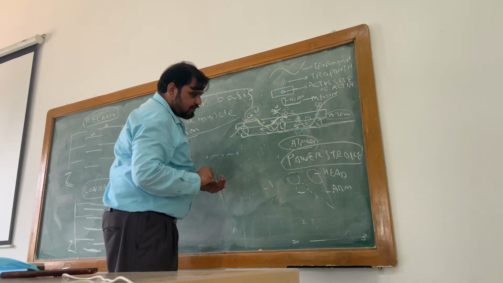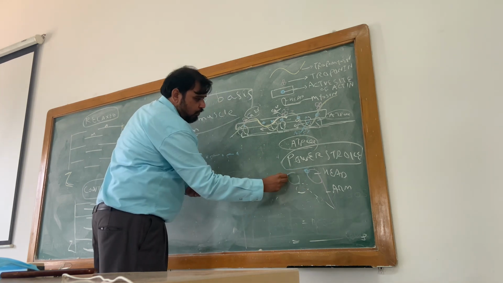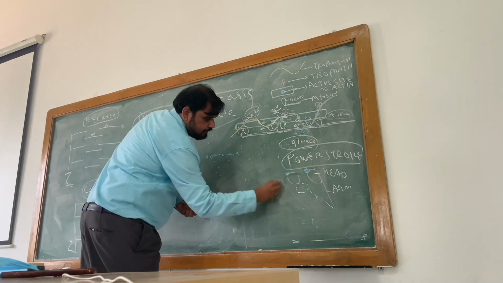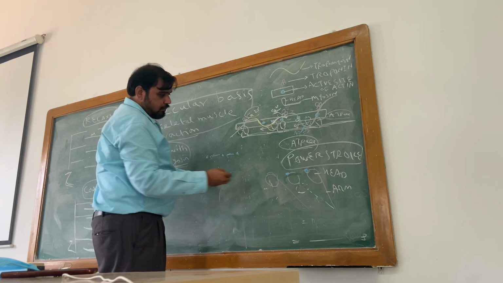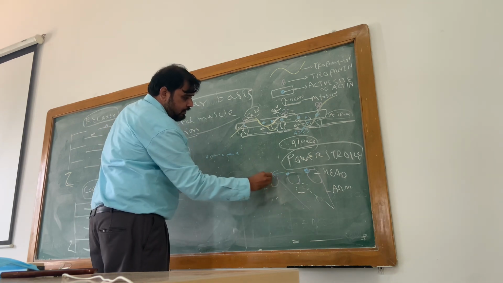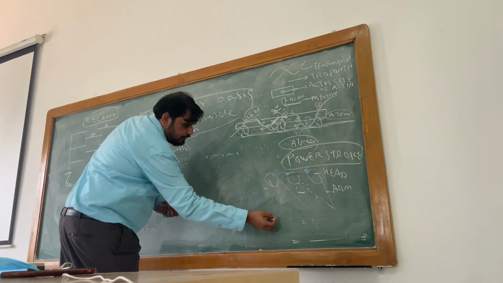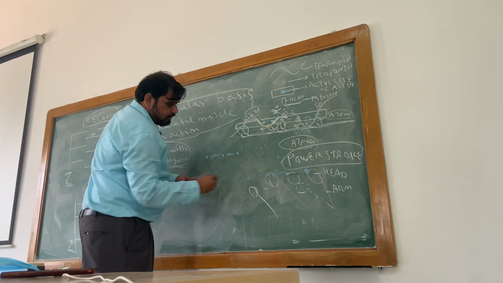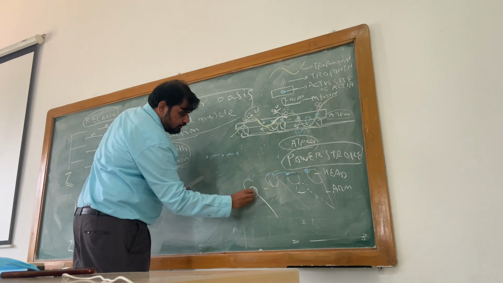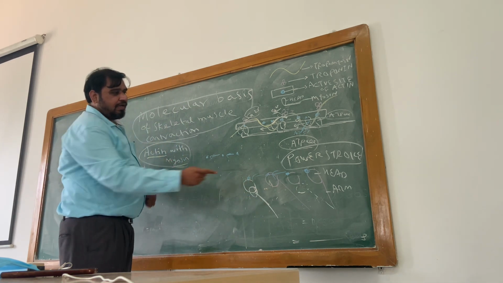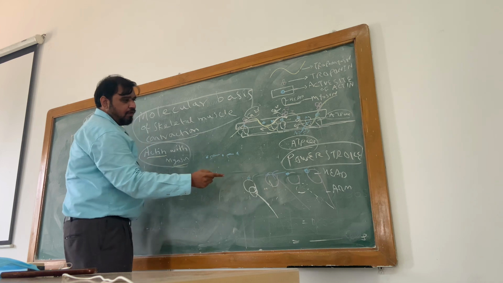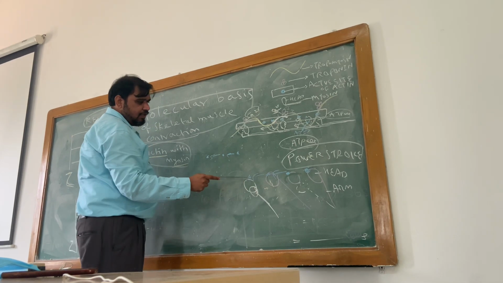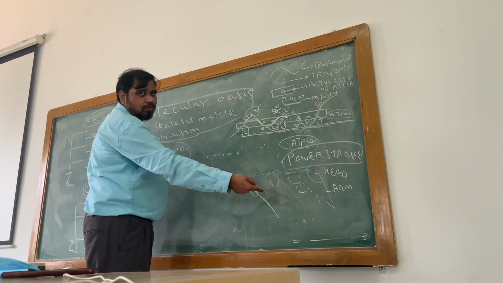The active site which is present here will move here. Again there will be one more myosinate here, so this active site will come here. Again there will be one more myosinate here, and this active site will come here. So simple. You can see what happens. Active sites keep on moving because of the myosinate present here. After moving the active site, this myosinate goes back to its original position.